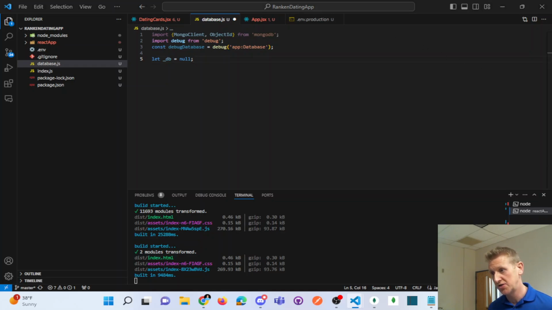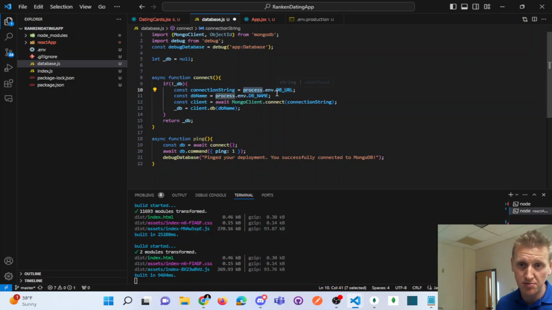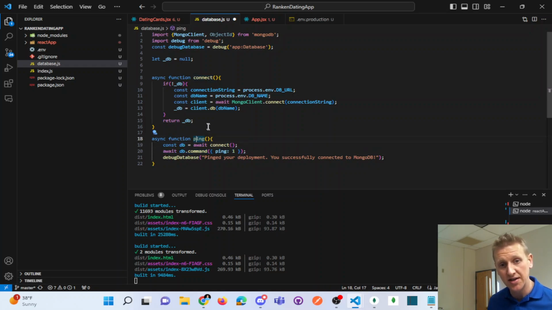Now I'm going to bring in two functions, kind of copy and paste. And this is going to connect to my DB URL in my .env. That was my connection string, as well as my database name. And then connect using that connection string and store that in a variable _db. And then here, this is a ping command to test the functionality. So I can run a ping,